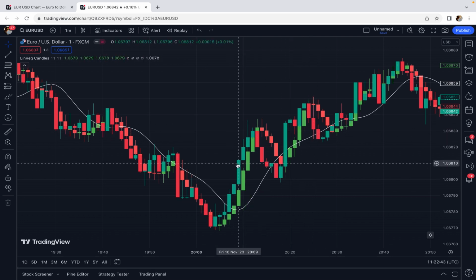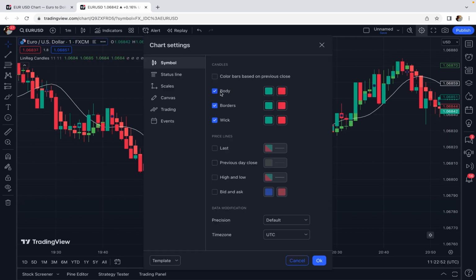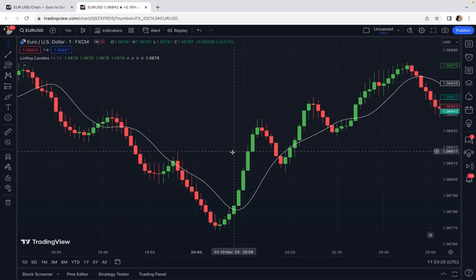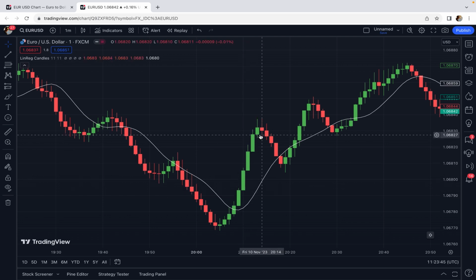We double click on the candlestick chart and remove the components of the candles from our chart because we don't need them. In this strategy, we need the candles generated by this indicator. As you can see, we have smoother candles with much lower noise. In this sense, it's kind of similar to Heikin-Ashi candles, but it's totally different. These candles open and close just like a regular candlestick chart,